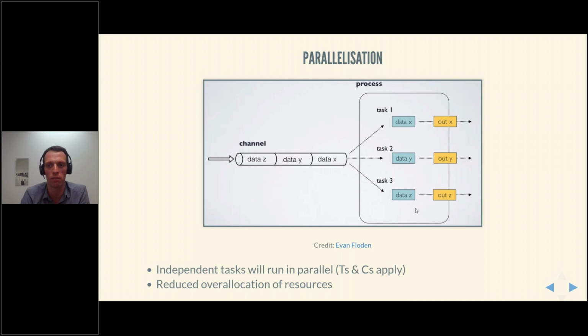So you could have one big task that consumes a lot of memory or a lot of CPUs, a lot of time. Other tasks which are not dependent on it can run at the same time, and you don't have to over-allocate resources for those, basically.